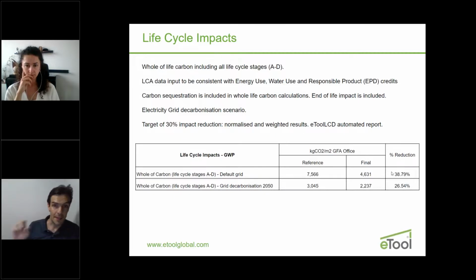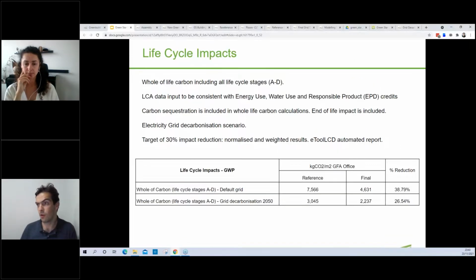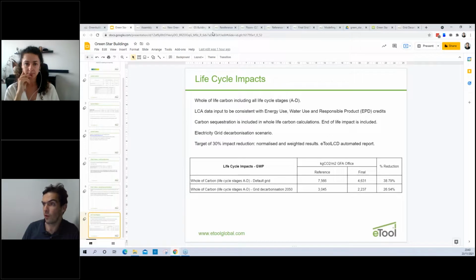So does the percentage reduction, right? Because you are now improving on an area of your project that is not so relevant anymore as it is when you use the current grid factor. So again, this is putting more pressure into the initial upfront emissions. The way you do this in the software is very simple, because you already have your